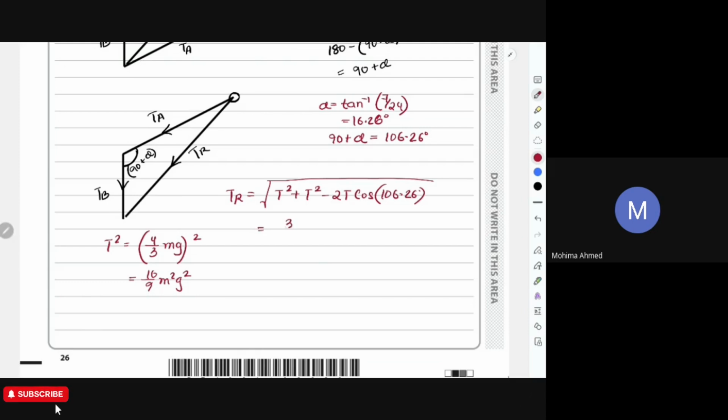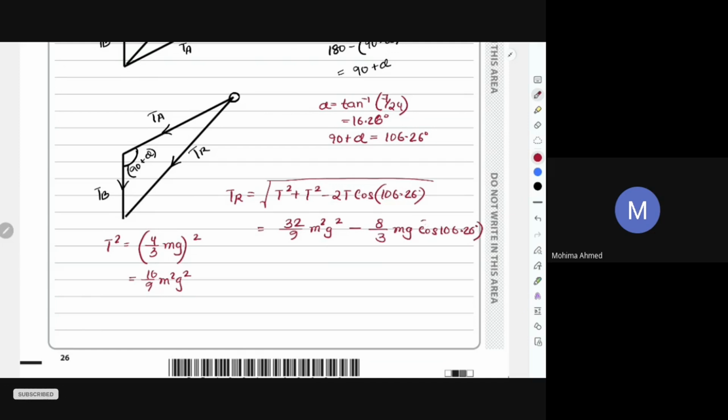So you have 32 by 9 m square g square, and then again this is 2t cos this much. 2t is going to be 8 by 3, so minus 8 by 3 mg cos